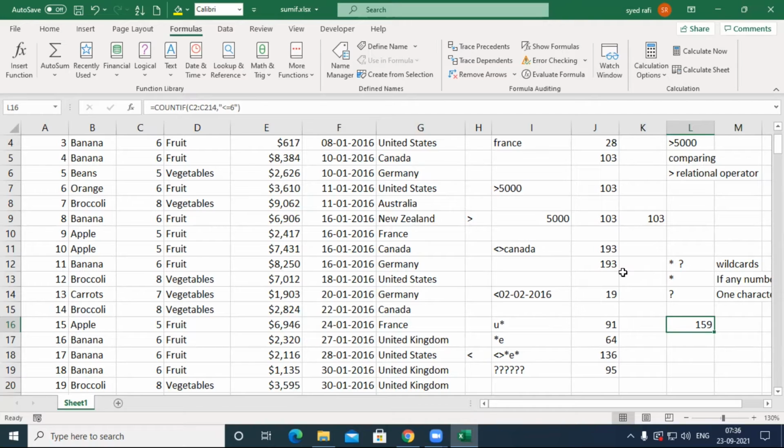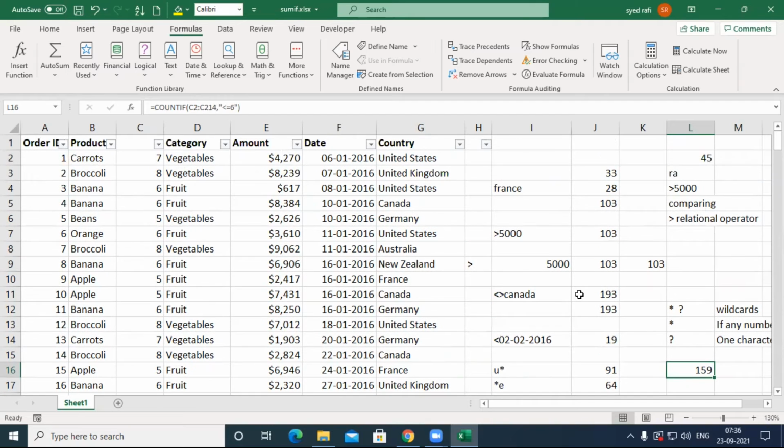These are 2 criteria. More than one criteria cannot be supported by the COUNTIF. There is another function available. By using a single condition, you may use COUNTIF. If you want to count depending upon only one condition, then we may use the COUNTIF. I hope you can understand. If you have any doubt in this one.